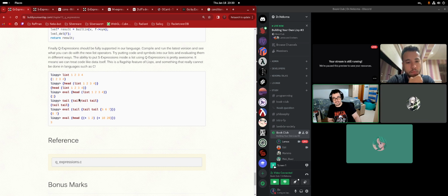But now my question is, if we do the same procedure, so the head will pick number one, so it's going to be one wrapped in a Q expression, wouldn't the eval transform the Q expression into an S expression again? Yes, but then why do we have curly braces here? Because the argument being passed to eval in this case is the Q expression containing head and the S expression list 1, 2, 3, 4.